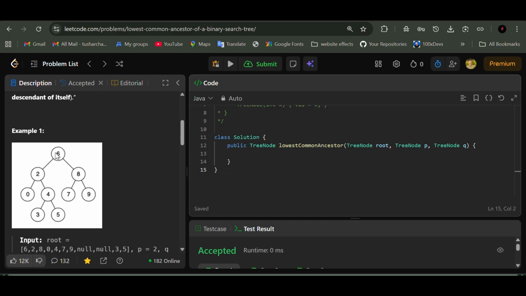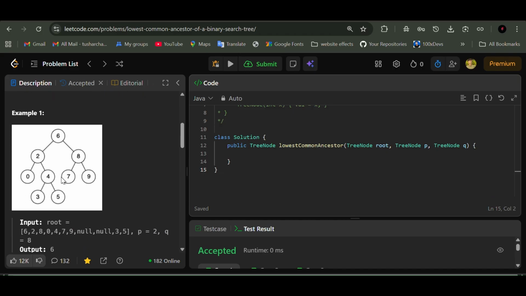Suppose we have input as 2 and 8. For 2 and 8, my lowest common ancestor will be 6. Why? Because 2 is linked with 6 and 8 is also linked with 6. That's why the first link was 6 only for both. That's why it is the lowest common